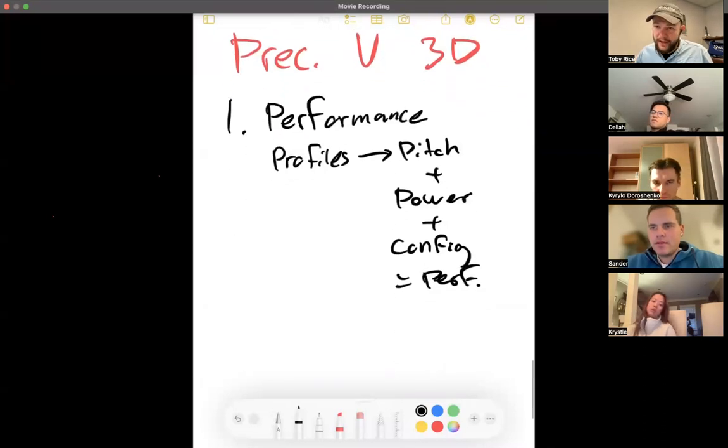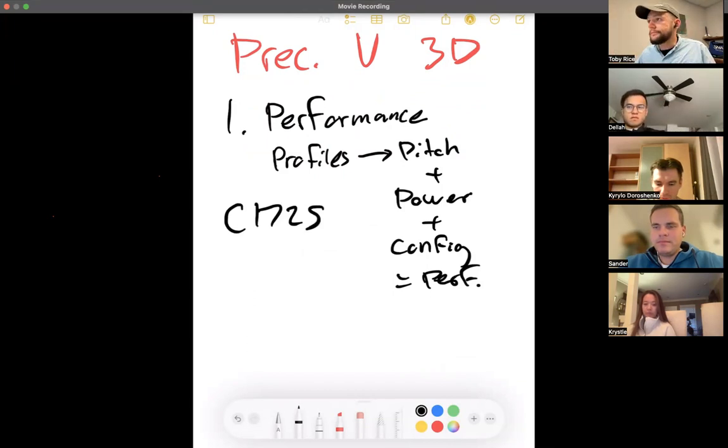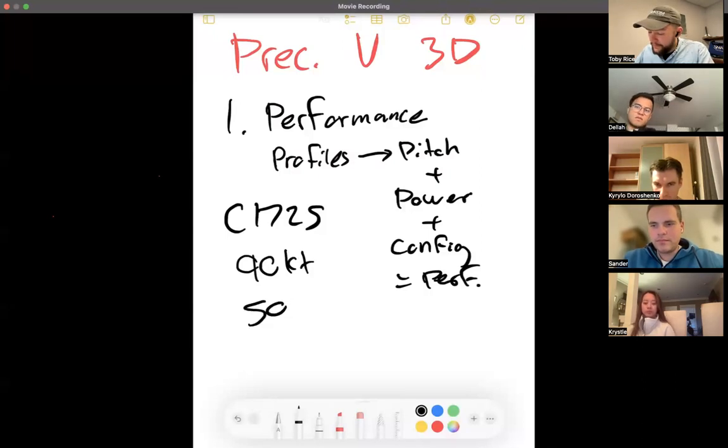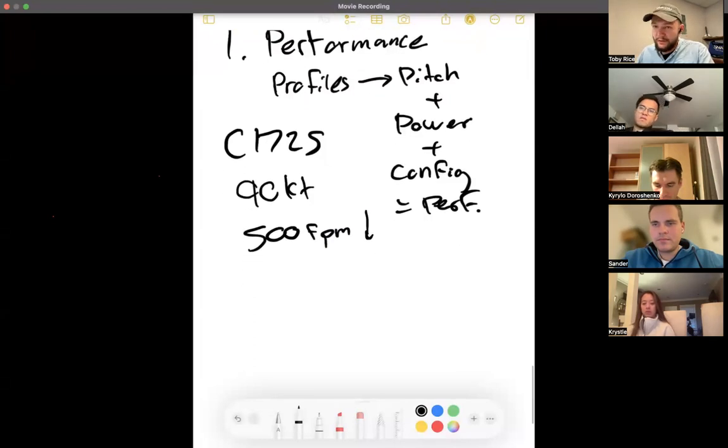So I know that in a 172, say a Cessna 172S, with 2 people and half fuel tank, a moderately mid-weight airplane, I can fly 90 knots, 500 feet per minute descent beautifully with flaps 10 degrees